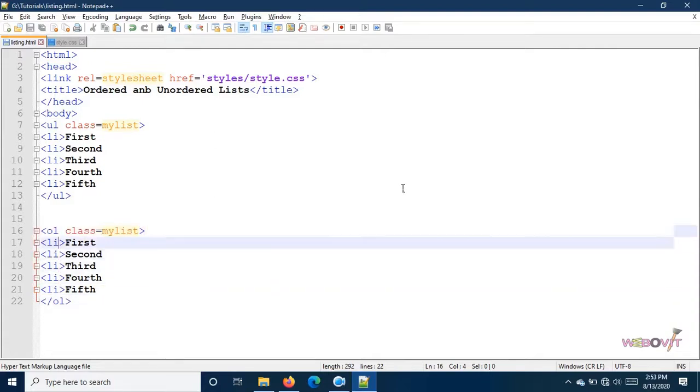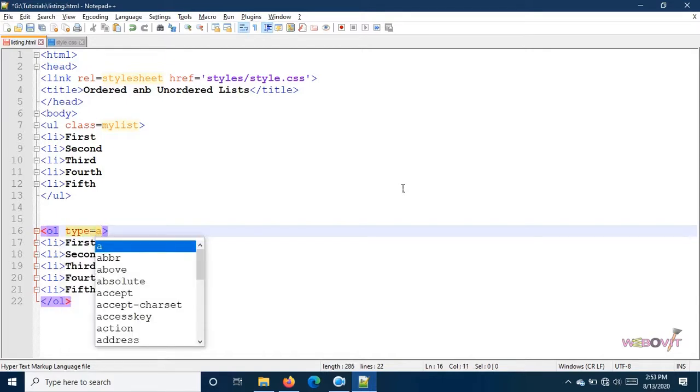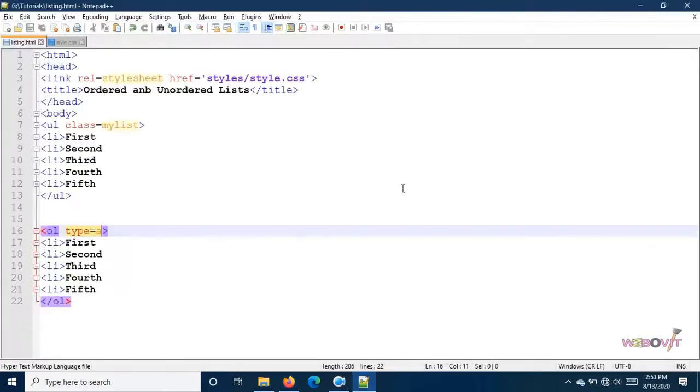So now, instead of using a class, you already know how to give styles using a class or by giving styles directly to the element. We will give a style in this case directly using the element. So OL means ordered list. Now when we studied this in HTML, we had only 2-3 restricted styles, which were type equal to a. This is the preview for type equal to a. Then we had capital A. This was the preview of capital A.